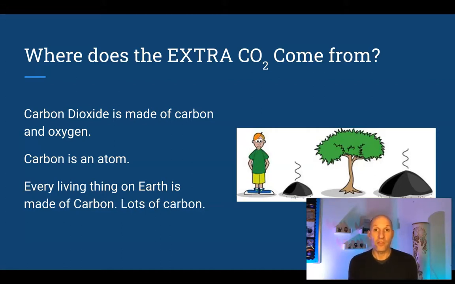Now, it's important to know a few things about carbon dioxide. The first is that carbon dioxide is made out of carbon and oxygen. Now, oxygen is readily available in the atmosphere, but what is carbon? Turns out carbon is an atom, and every living thing on Earth is made of carbon, and we're talking lots of carbon. Living organisms can be upwards of 30 or 40% carbon, and plants can be as much as 50% carbon. So to make living things requires a lot of carbon. Now keep that in mind,